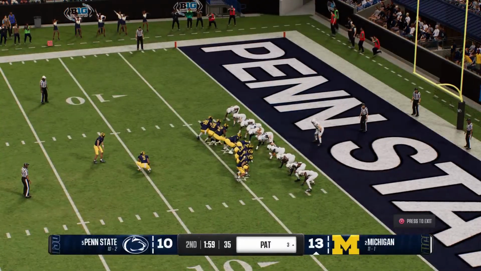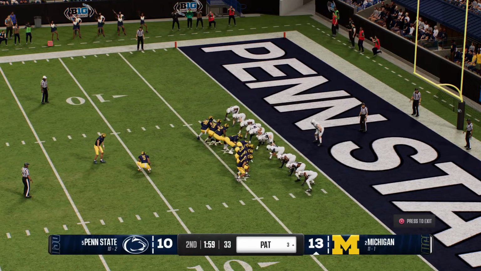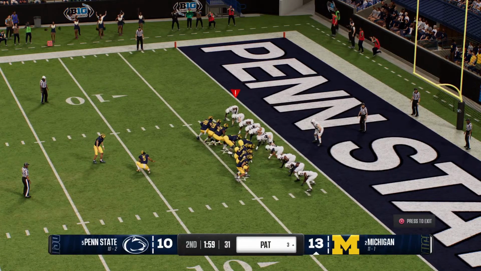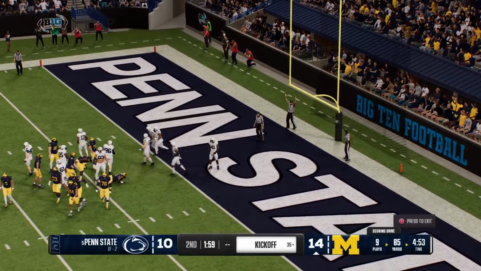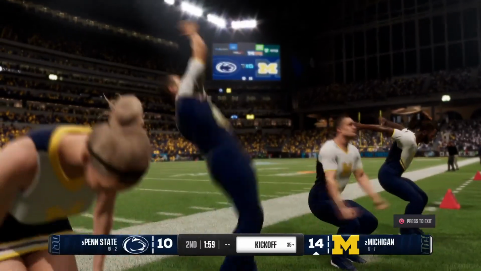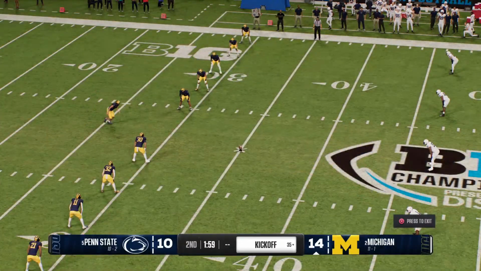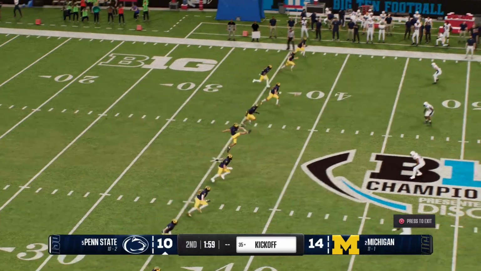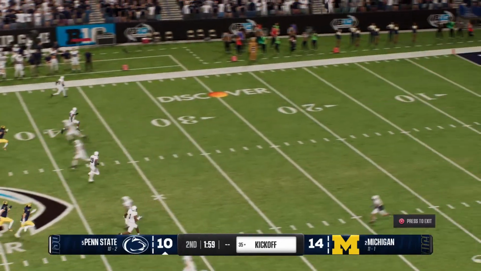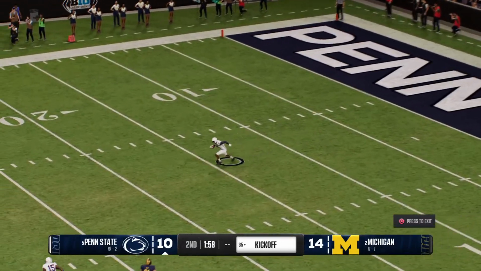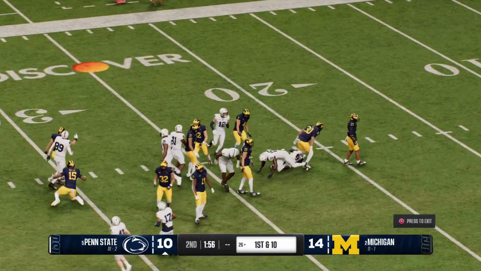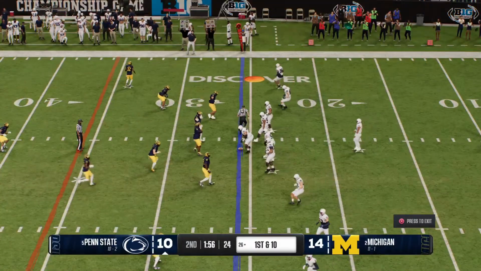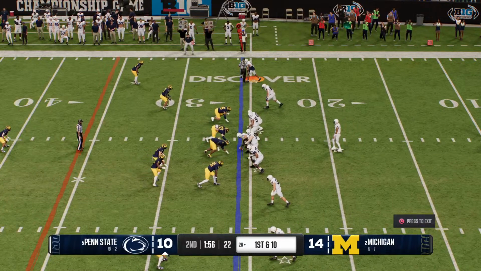And now the try here for the extra point. The extra point is good, so it's 14-10 now. Now they get set to kick it away. They'll return it from inside the 10-yard line. And the coverage team brings him down at the 26. And the Nittany Lions offense retakes the field.